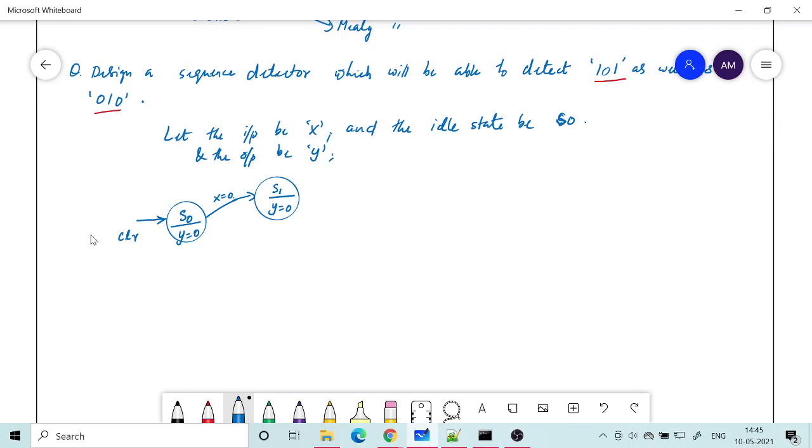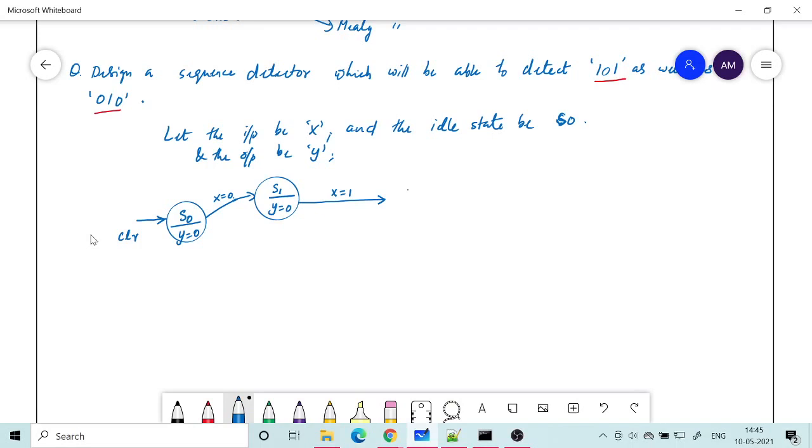Then, let me first of all immediately draw all the states that are required to detect a 3-bit sequence. So we detected 0, and if the next following bit is 1, then I make progress. I go to some other state.